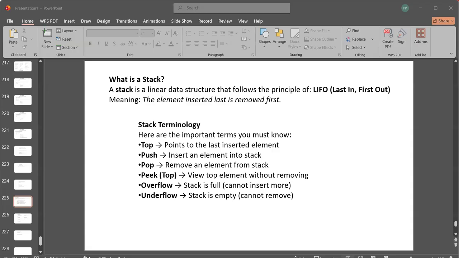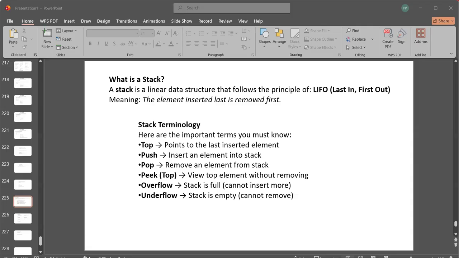Let me take a real life example. Think of a stack of plates. You always add a plate on top and you also remove from the top, right? You cannot remove a plate from the middle. That you can say is a stack. When you go to take a plate, you take the first plate from the stack, which is the last plate the person placed.